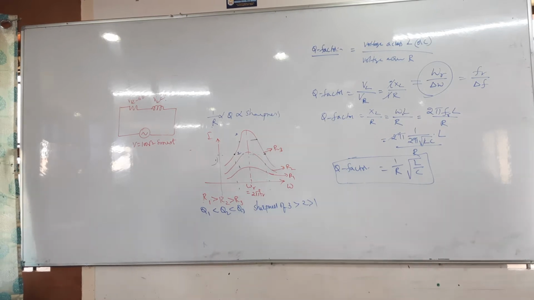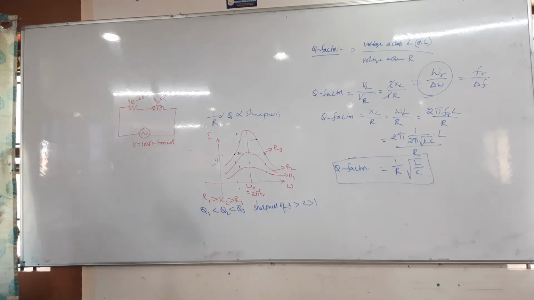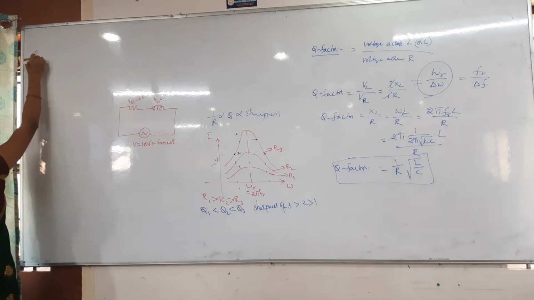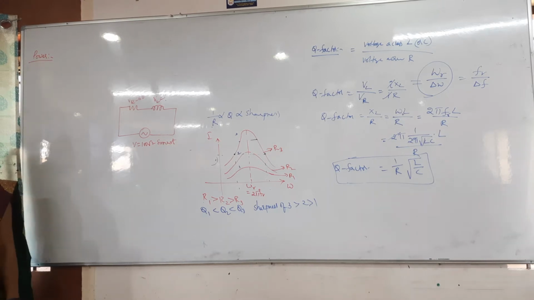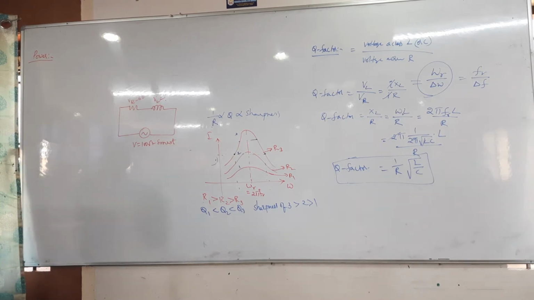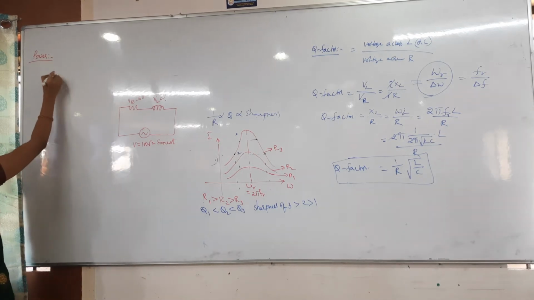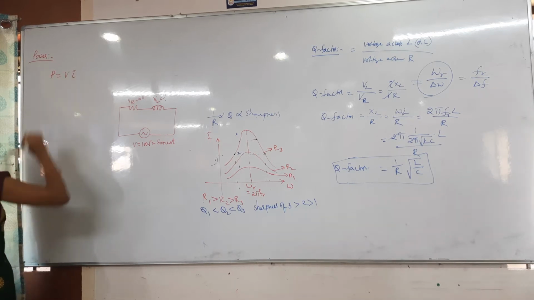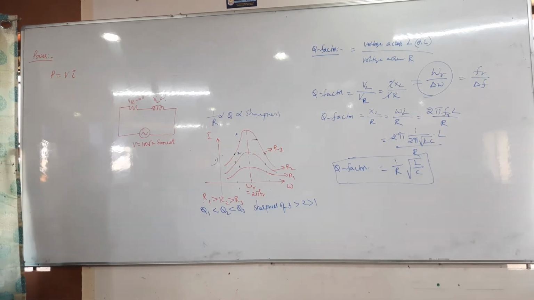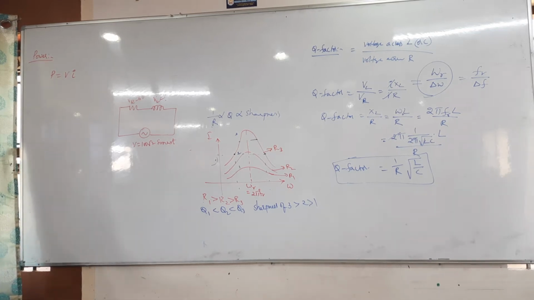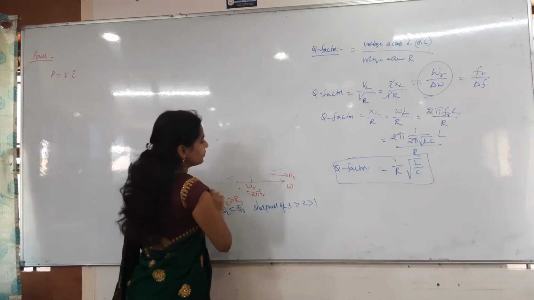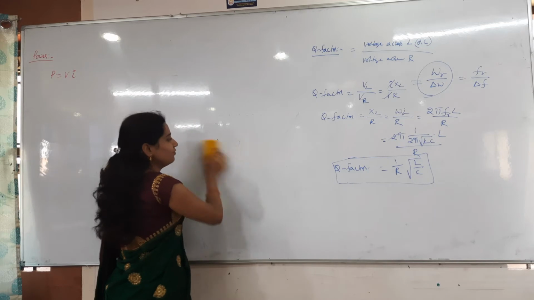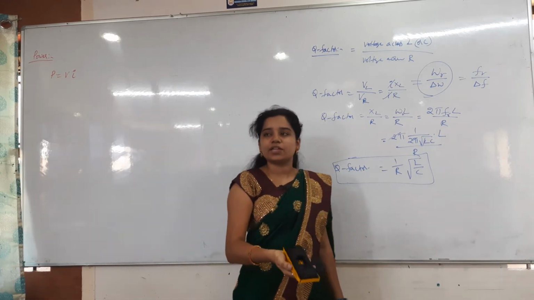Take the power concept, we will discuss. Power, draw the circuit. What is the power formula? V into I, right? Current into voltage we will take. So the power P is equal to the voltage into the current. Here, how to take the voltage and current in AC? We have to take the instantaneous voltage and instantaneous current first. Later on we will get the RMSs and all. Whenever they have given, at that time you have to take it as RMS.